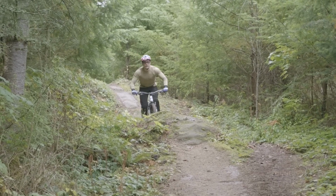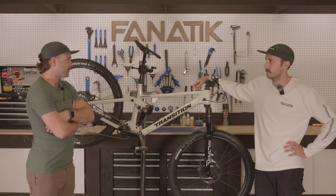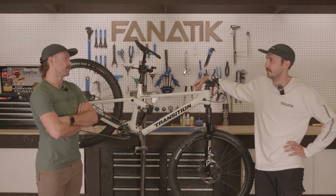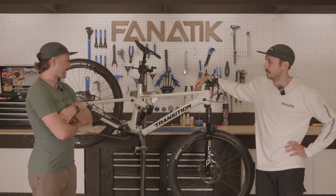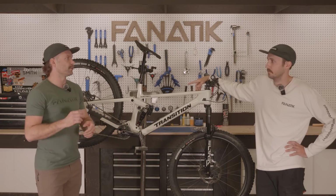When I got my current Sentinel, I was looking at a Smuggler, but I knew I would just have one bike. So I wanted something with a little bit more travel so I could do a couple days in park or whatever and use it as a do-it-all bike. The Smuggler felt just a little bit undergunned for what I wanted. I feel like this is a perfect blend of better pedaling, but still a really capable